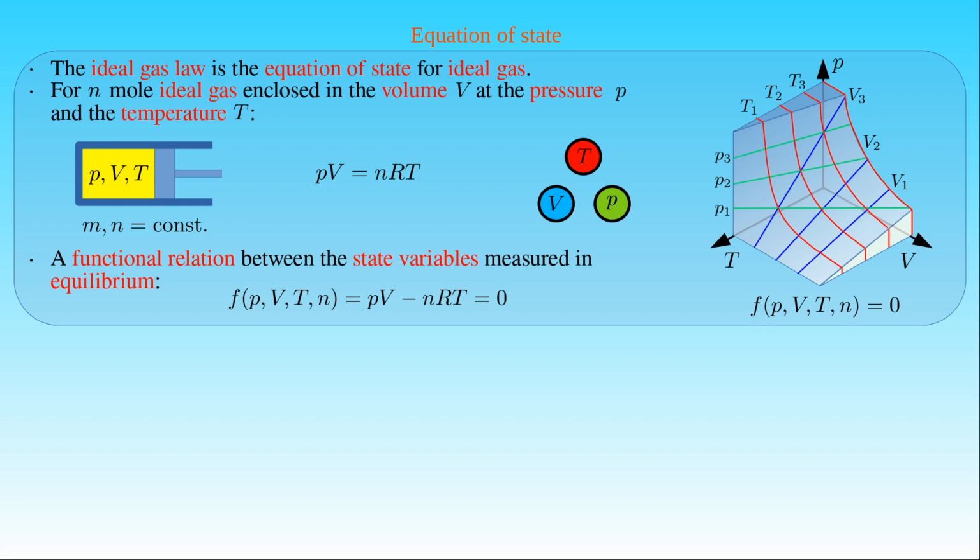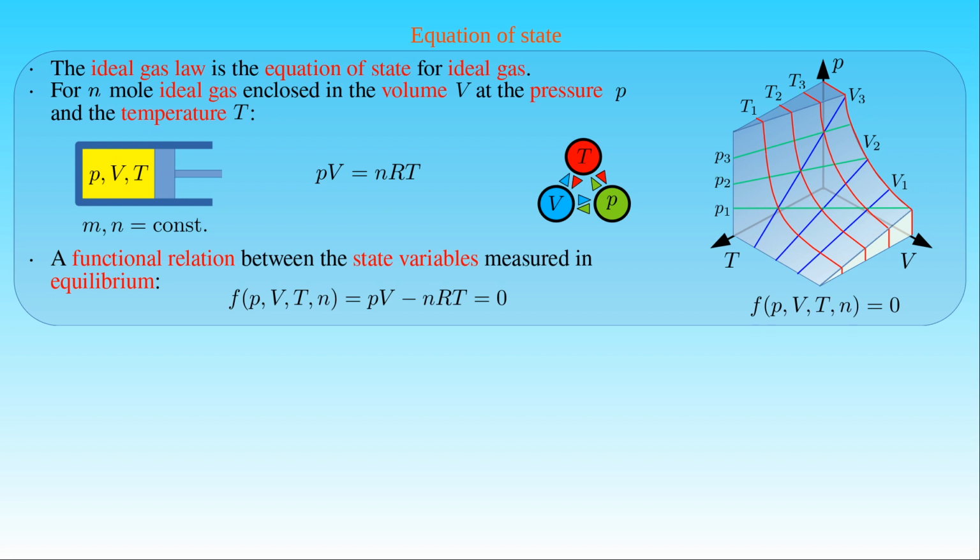That is, from the equation of state we can determine the pressure of an ideal gas enclosed in a given volume at a given temperature. For example, if the volume and the temperature of the gas are equal to V3 and T3 respectively, then the intersection of the curves V3 and T3 on the surface gives the gas pressure, which is equal to P3. Similarly, if the pressure and the temperature of an ideal gas are given, then the equation of state tells us the volume in which it is confined, and by fixing the pressure of an ideal gas enclosed in a given volume, we can also determine the gas temperature from the equation of state.